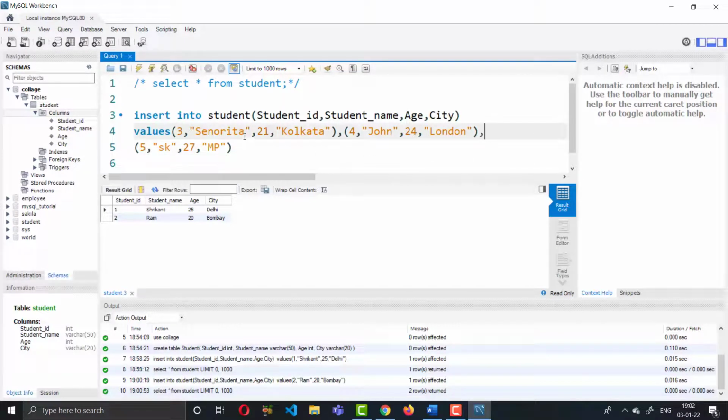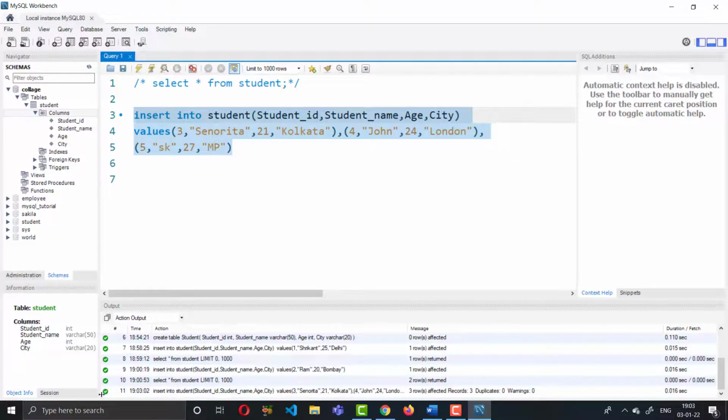So now we are trying to insert more data, 3 rows at a time. So just copy, select and run that cell here. So if you see point number 11, it is saying that 3 rows have been affected.